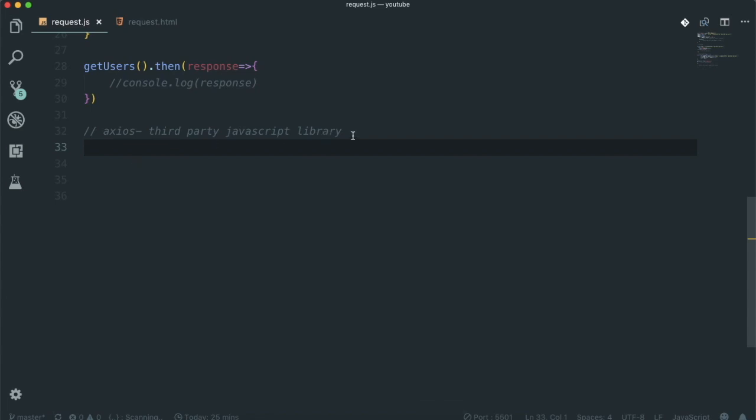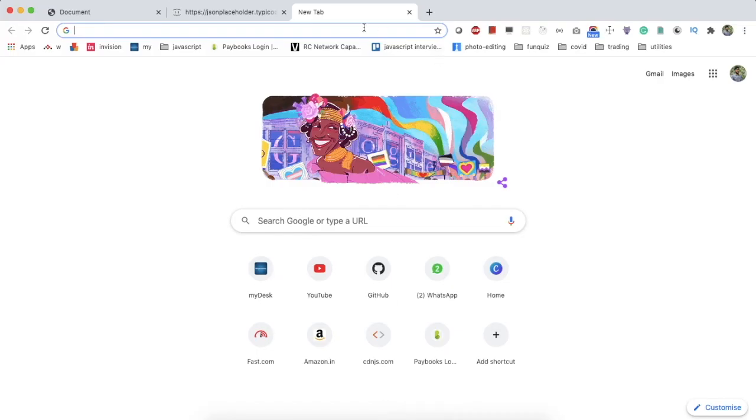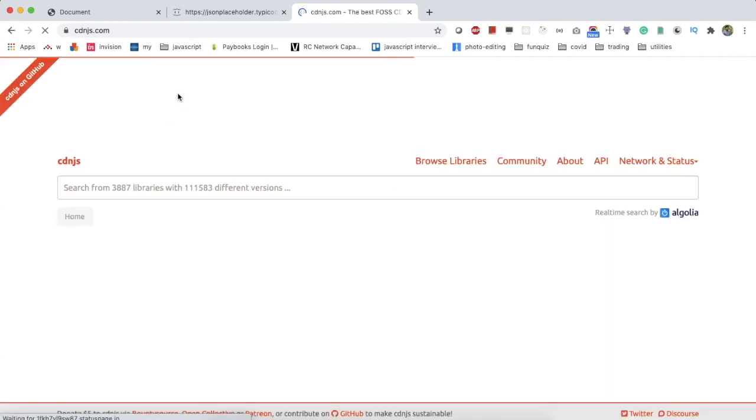The third way to make an API call using JavaScript is by using a third-party JavaScript library called Axios. Axios is an open source library for making HTTP requests and provides some great features, and it works in both the browser and Node.js. It is a promise-based HTTP client that can be used in plain JavaScript and advanced frameworks like React, Vue.js and Angular also. It supports all modern browsers including IE8 and higher. To use Axios, we need to include it in our script file. For that, I am just using a cdn.js link.